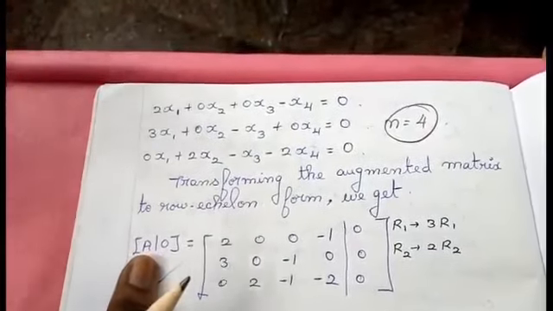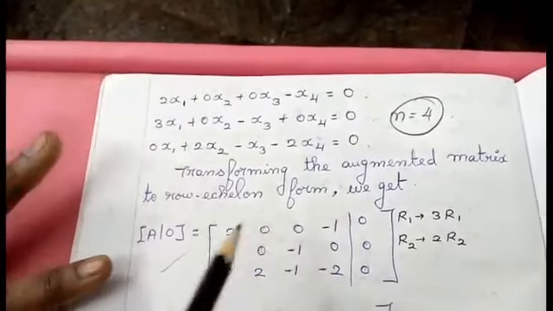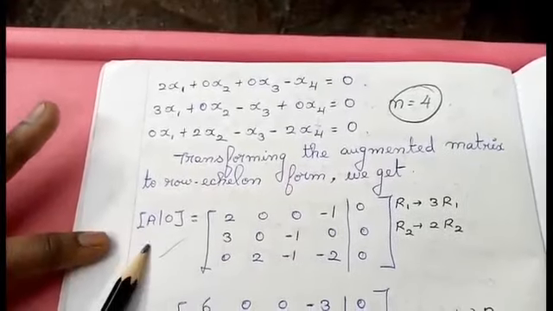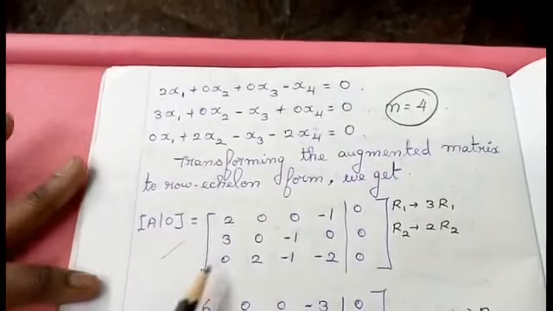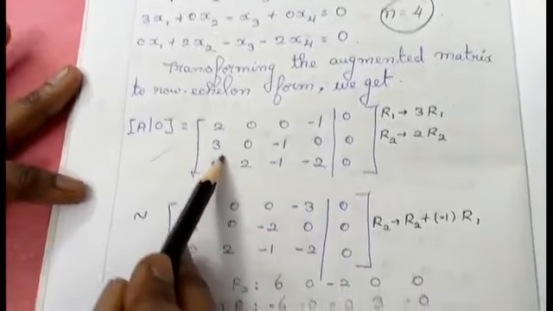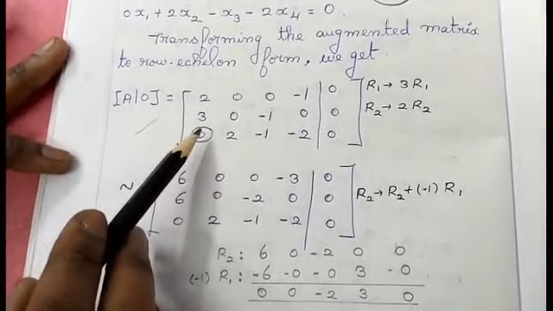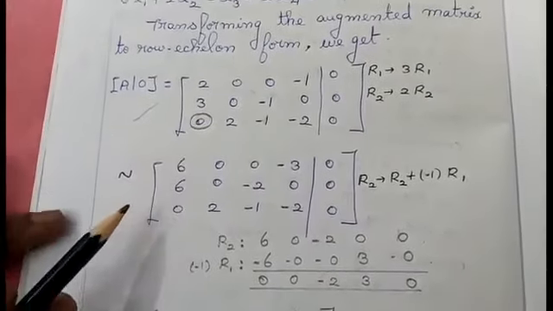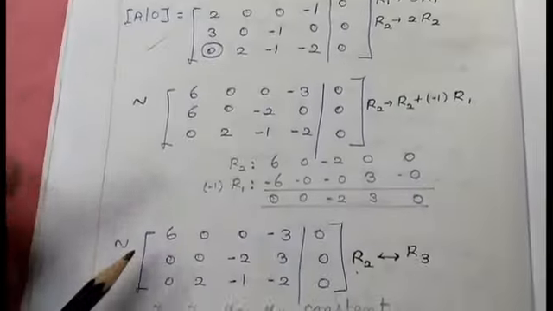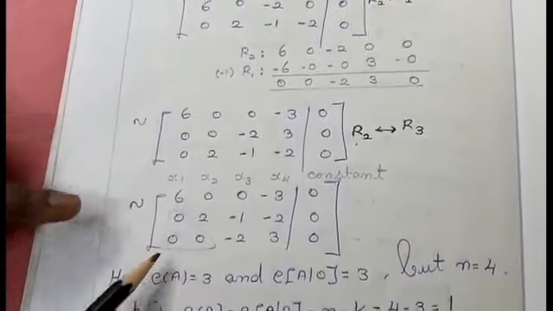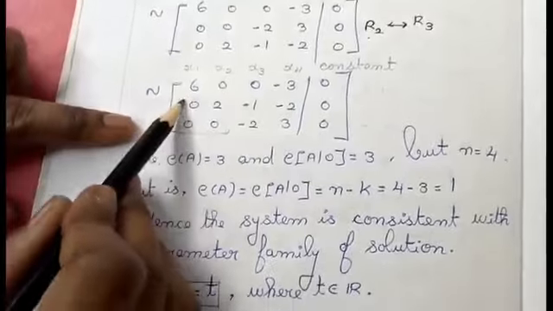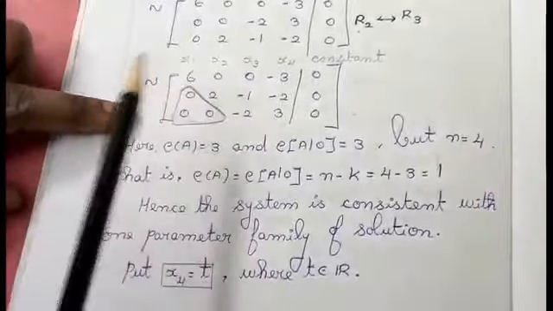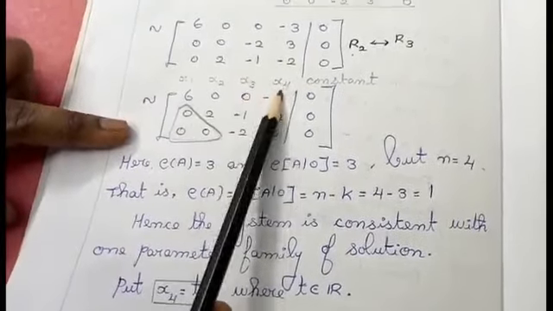Once after getting the equations, we are going to start the procedure, that is transforming the augmented matrix to row echelon form. I am writing the augmented matrix as usual, but starting itself I am having 0, so I am not going to have any problem. In place of 3 and 2 position, I am going to bring it as 0. Just see the calculation, students. You are going to try the calculations because the whole chapter is based on this calculation. And if you see, you are getting the triangle form. Triangle form, I am getting the value as 0. And in this place, I am having like this, that is x1, x2, x3, x4, constant.